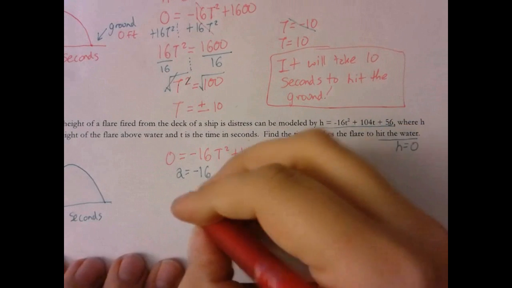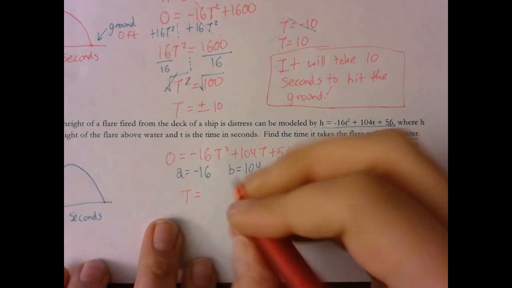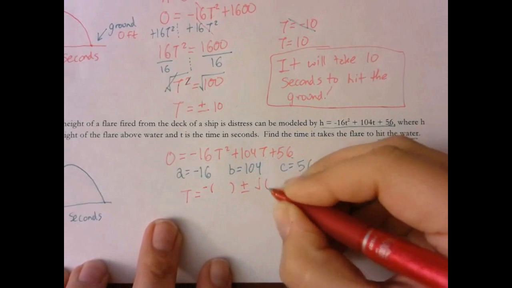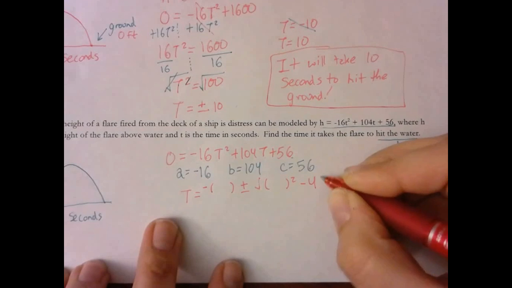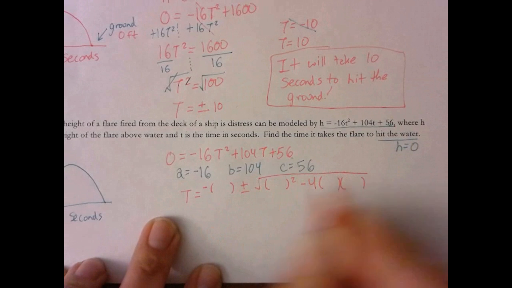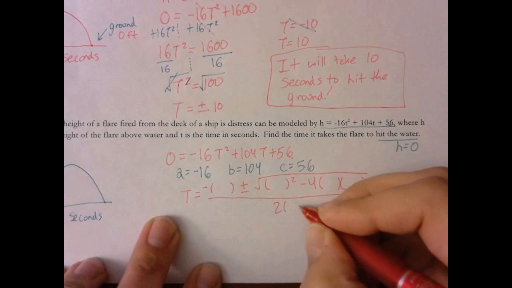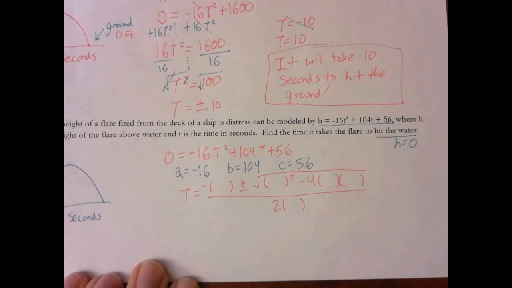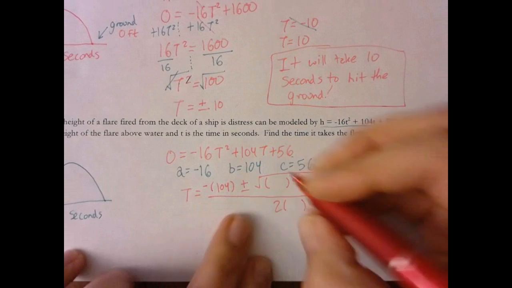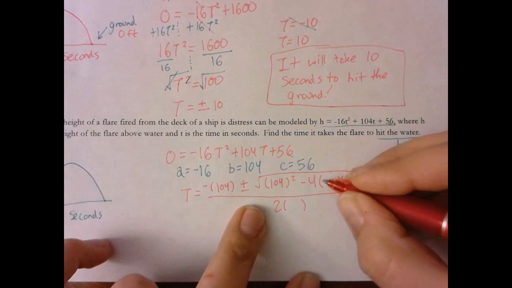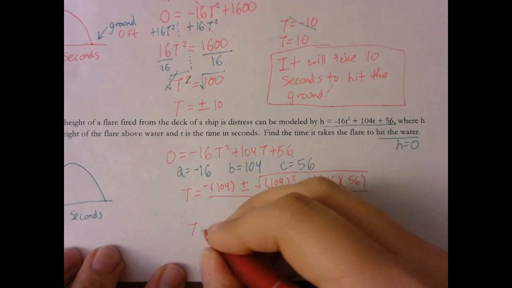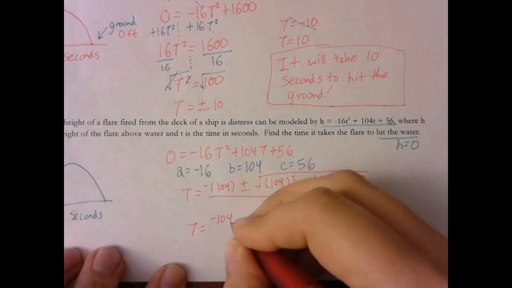All right, let's plug it in. So t, because we're using t instead of x, equals, and remember, do your skeleton first: negative b plus or minus the square root of b squared minus 4ac, all over 2a. Remember, always draw your skeleton if you're using the quadratic formula. Now fill it in. We need a b here, b here, a here, c, and a once again. So t equals, that's negative 104. Now